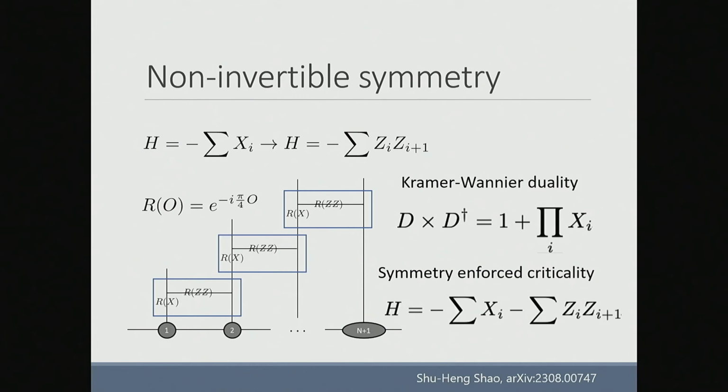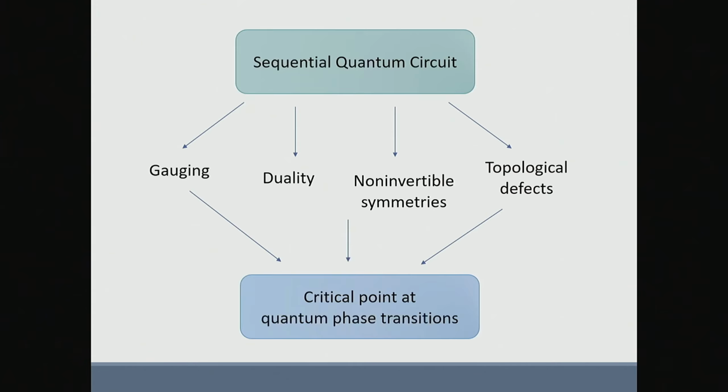And what's amazing about this generalized symmetry, at least in this situation, is that if we enforce the symmetry, it pins down the critical point. It holds us exactly at the critical point, and this symmetry is an emergent symmetry at the critical point. And that reveals a lot, relates to, of course, the CFT at the critical point, and allows us to see the structure. So I cannot go into any detail about that, but I just want to put this